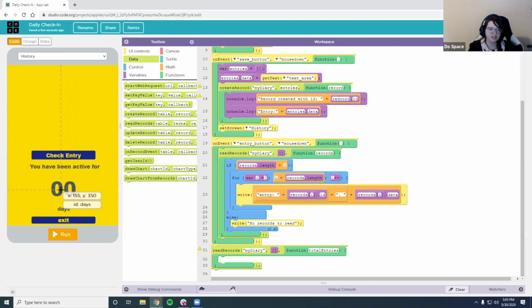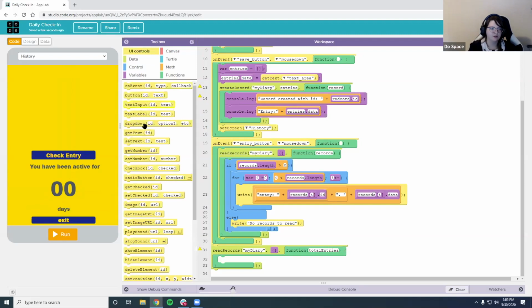And then I'm going to change the text for here. So I'm going to have to UI control, set text, right here. And I could change the ID here to the ID of my number right here, days. Where are you, days? There it is. And here,